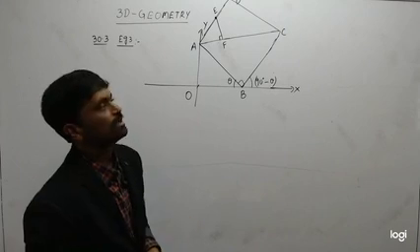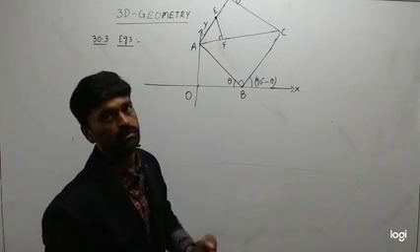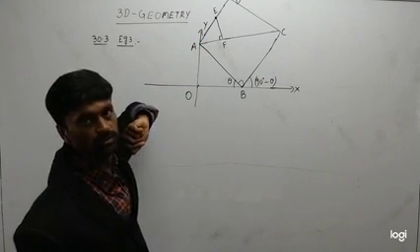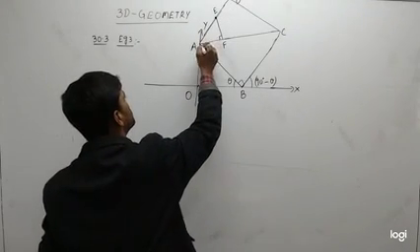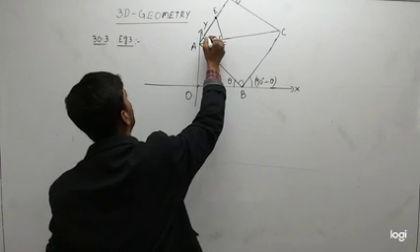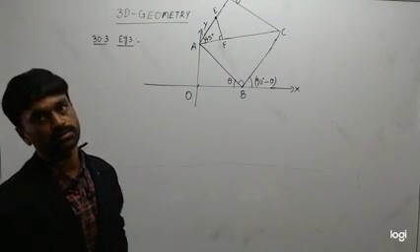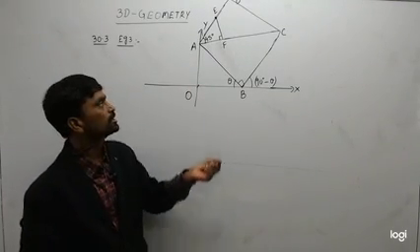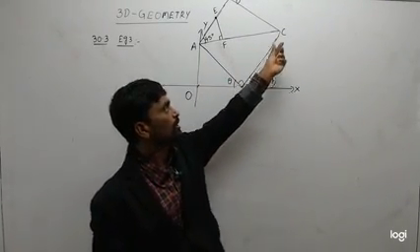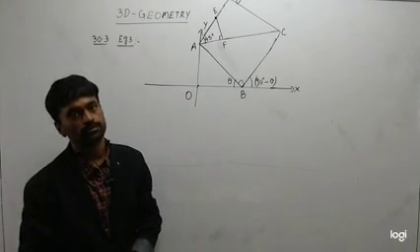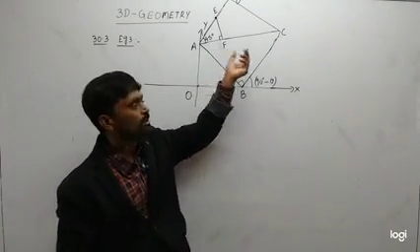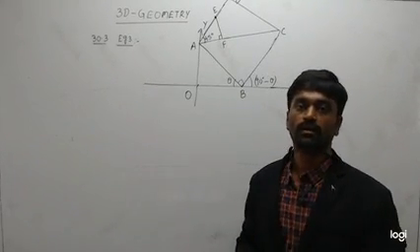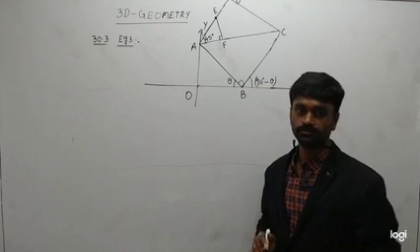As ABCD is a square and AC is a diagonal, then the diagonal becomes the angular bisector of the sides AB and AD only. So this whole angle is 90, which means this angle becomes half of 90, which is 45 degrees. Now we have to find the locus of F. To get the locus of F, first I'm finding the coordinates of A and the coordinates of C in terms of theta. Then I'm also finding AF is to FC, so that using the section formula, I can find the coordinates of F. From that I can find the locus of F. So this is the idea.